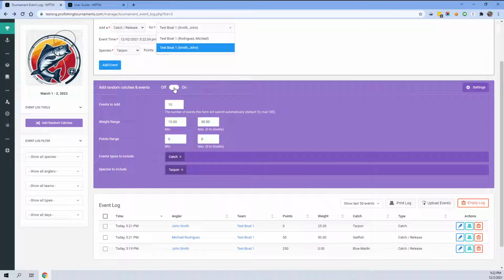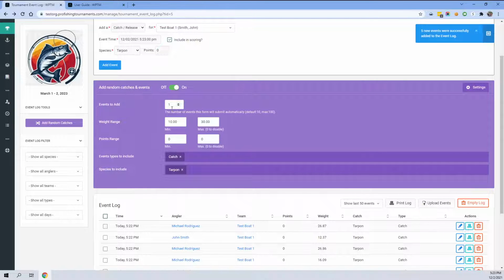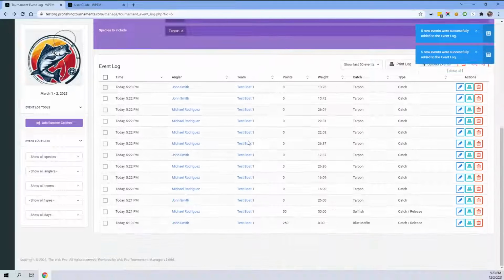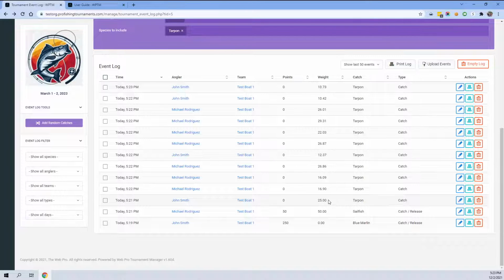So I'm going to go ahead and turn this one on and watch our catches as they come in. 9, 8, 7, 6, 5, 4, 3, 2, 1. And there they are. So now we have 10 random tarpon catches just got entered in. There's our 25-pounder that we put in first, and then here's our random 6.9, 16.9, 16.09, 26.86, etc., all the